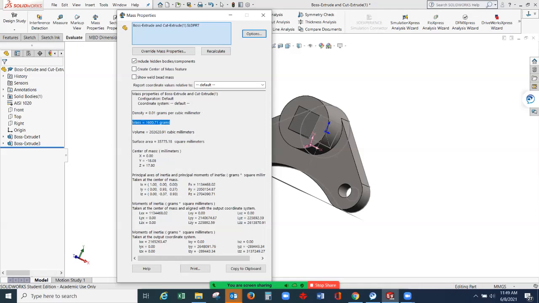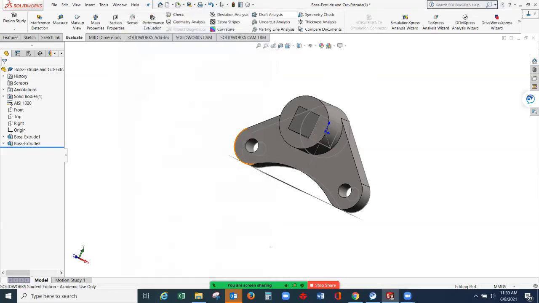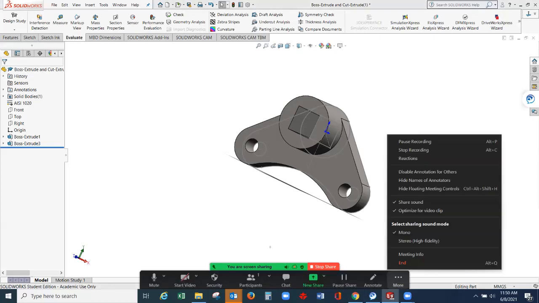If you set this to 3 or 4 decimal places, the system will consider your answer wrong. So the correct answer is 1,600.71 grams for the mass. That's it for this first example in getting the mass properties of a certain part.